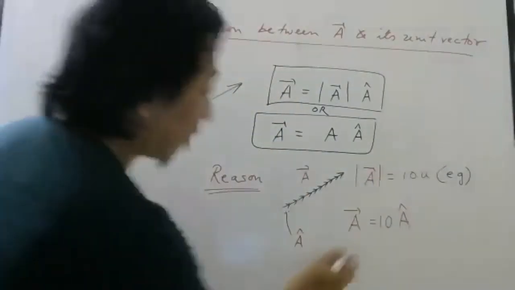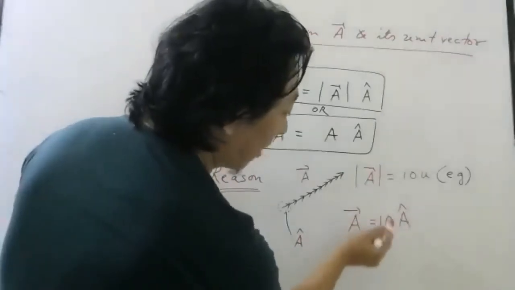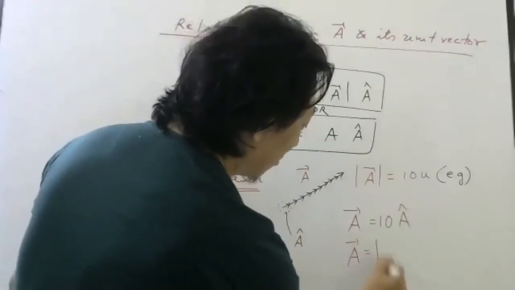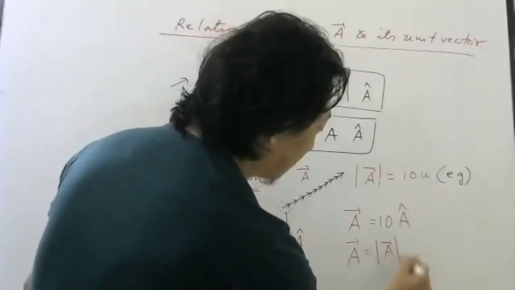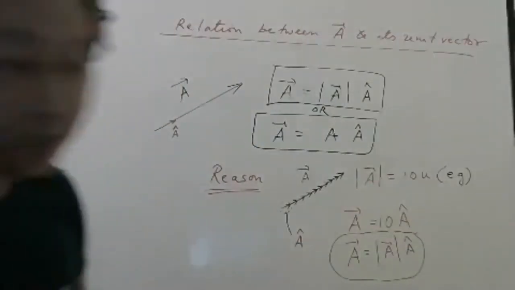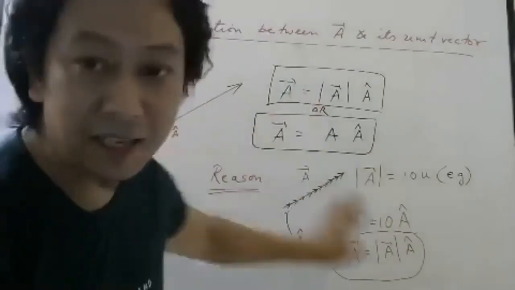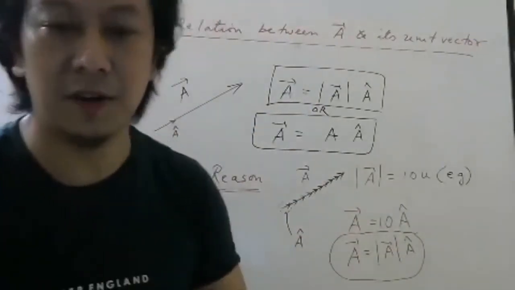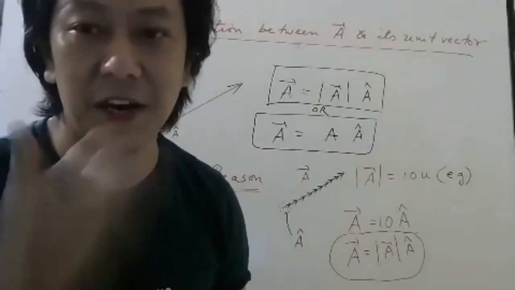So therefore, what was 10? 10 was the magnitude. And how do we write magnitude in symbol? Modulus of A bar. So this is something very, very important, okay, students? You see how nicely I have shown you how this formula comes. So try to memorize this. Very, very important. You have to keep saying it 5 times, 10 times like that.